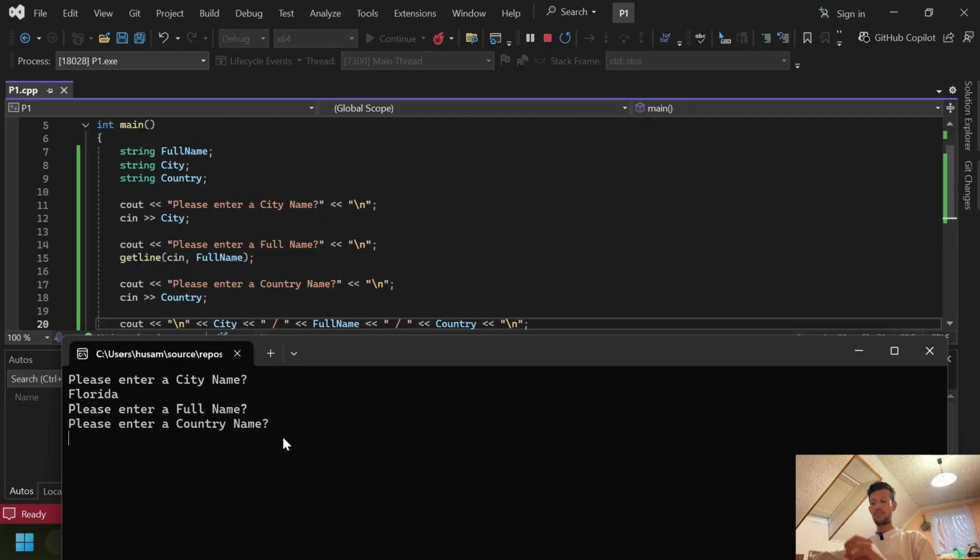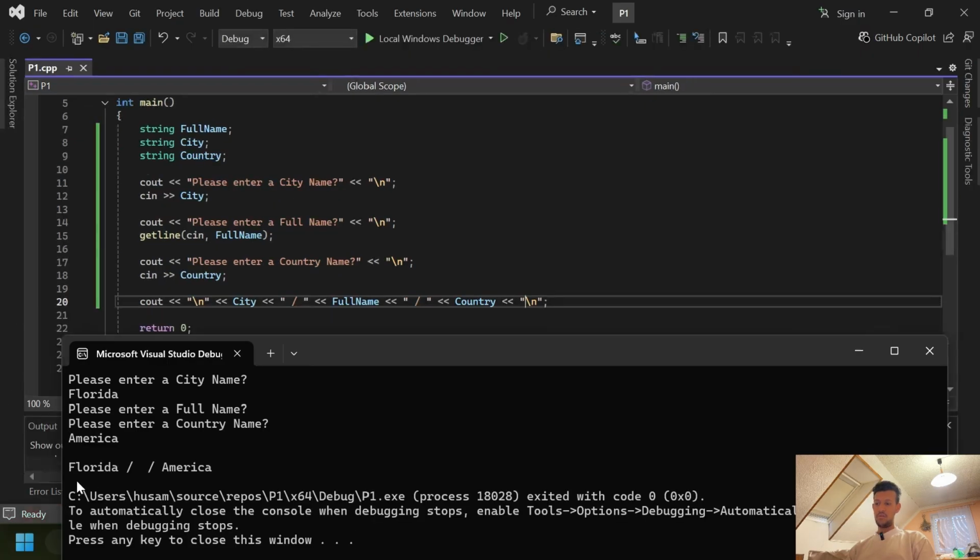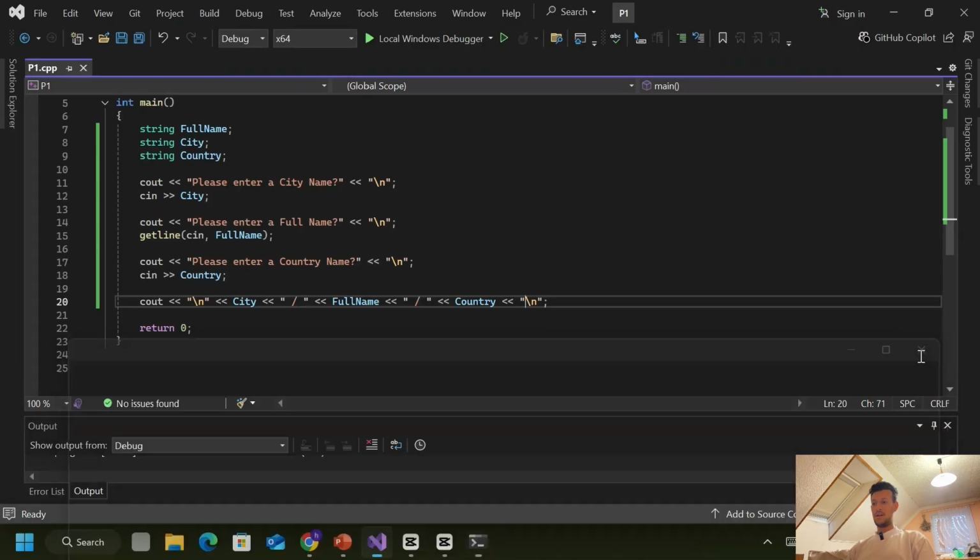When I press on it, the compiler takes it as an input. For that, the compiler jumps directly to "Please enter country", for example, America. When I press enter now, the compiler will display for me Florida. Full name, it's empty, as you see, between two slashes, / and America. So how do we solve this problem, to let the compiler not take my press of the enter on the keyboard